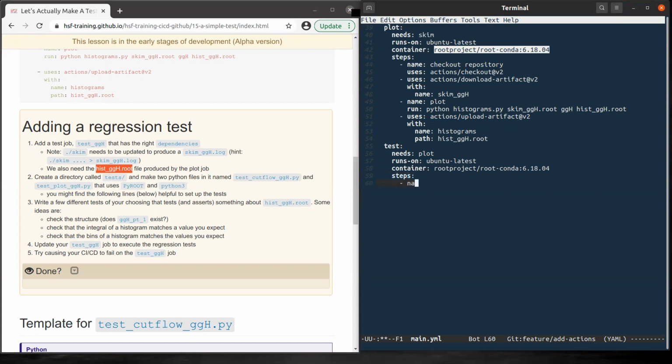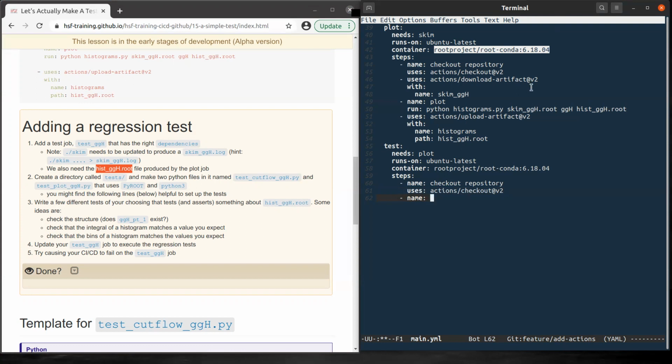So as always, we need to check out the repository, and then uses actions checkout, and we will need two artifacts.